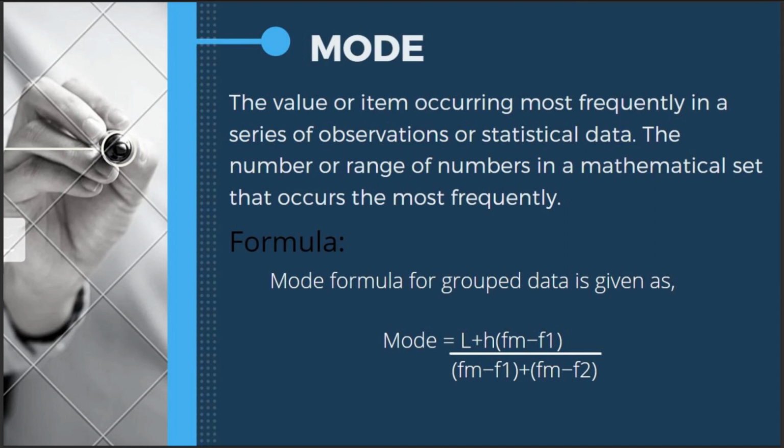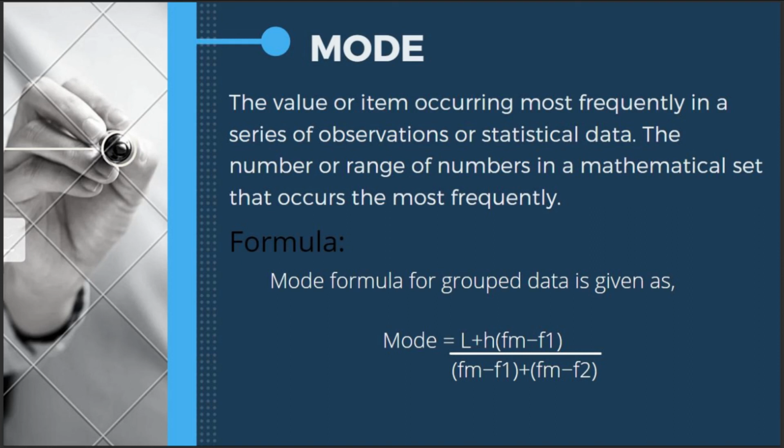So here is the formula for us to get the mode, where L represents the lower limit mode of modal class and Fm is representing the frequency of modal class, and F1 represents the frequency of class preceding the modal class, and the F2 is representing the frequency of class succeeding the modal class, and H represents the size of